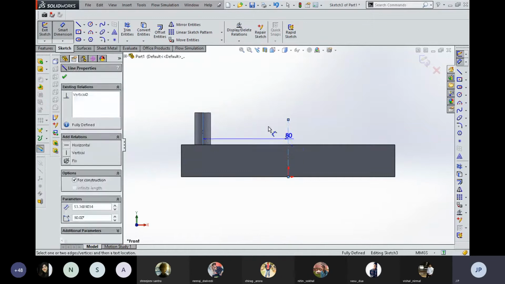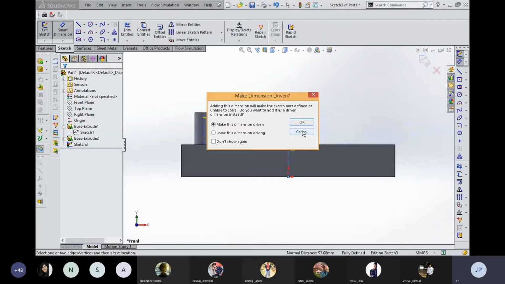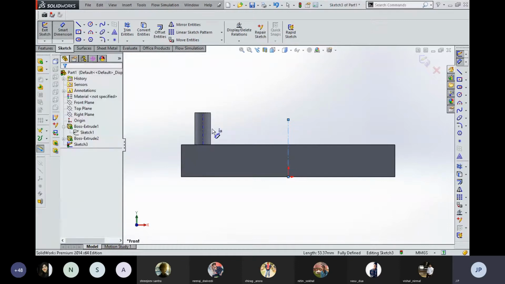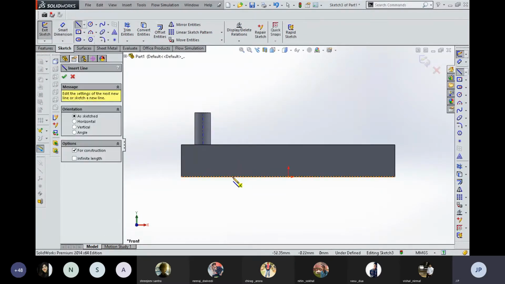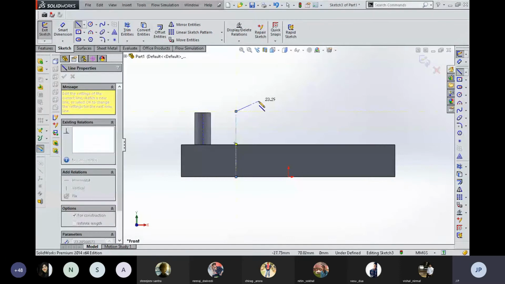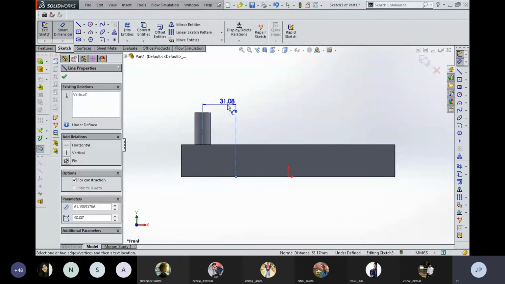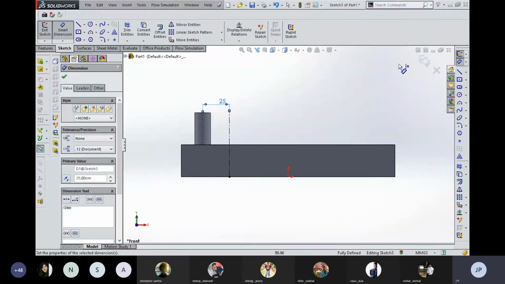So right now I am going to dimension and create a, actually this pop-up is visible because the center line is created at this coordinate point center. So it actually already fixed. So for that I am going to delete this center line right now. After that I am going to create it again. So there is no problem with respect to that. I am going to create a center line over here, and then again I am going to dimension with the help of a mouse gesture. So as per suitability of user need, we can modify all these things.